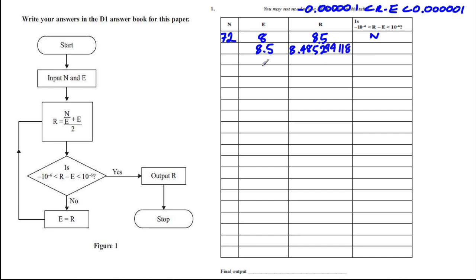8.485294118. I'm keeping the whole decimal in my calculator. Now, if you take away e, you get a small number, but it's not between these two numbers. It's not at all. So you say no. Now you let e be 8.485294118, and you go round here and work out r is 72 divided by this long decimal, plus that long decimal, all divided by 2, and this time you get